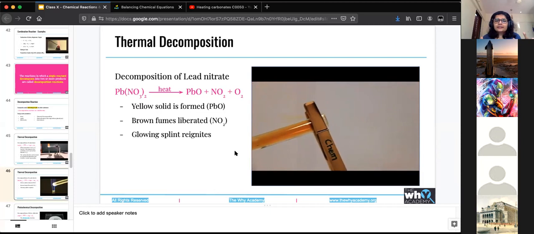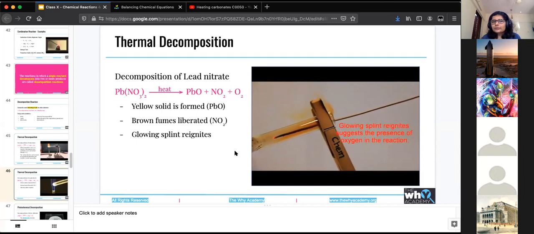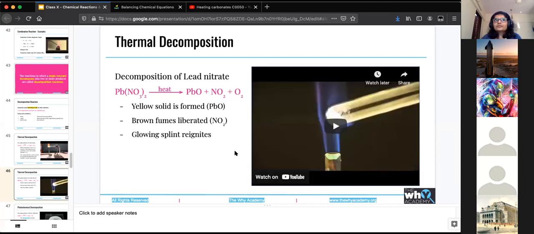As a hint, for any question that you get, lead compounds are usually yellow in color. All of the lead compounds are either yellow or red. Whenever it's in the +2 oxidation state, whenever the valency is +2, like in lead oxide, more often than not it is yellow in color. Lead iodide also, later on we'll see, is a yellow precipitate. So whenever something is yellow, automatically your mind should go to, could it be a lead compound?